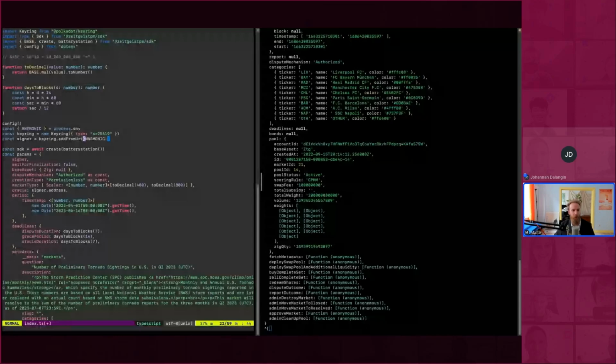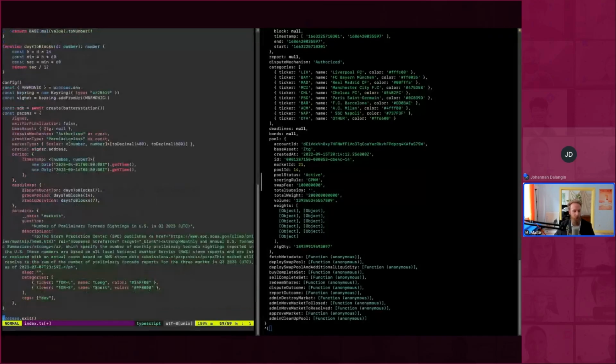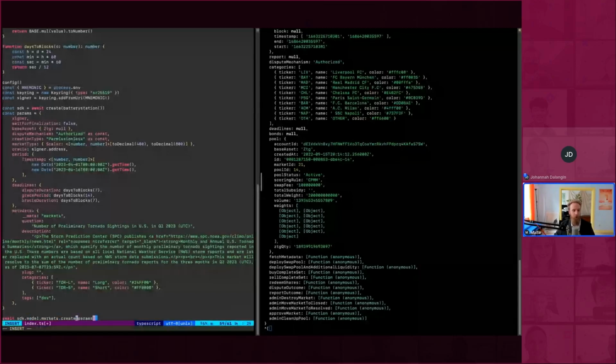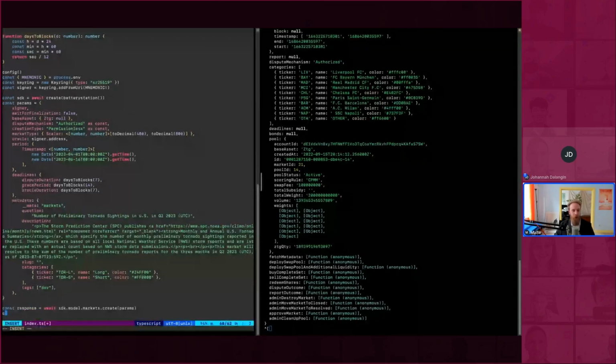And so then the SDK super usefully abstracts the whole signing process away from you, so you don't have to do all the complex stuff. You just call await sdk.model.markets.create, and this gives you a response, and you can actually read the market from the response.